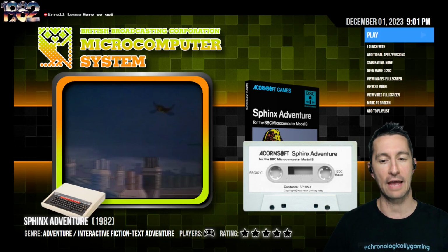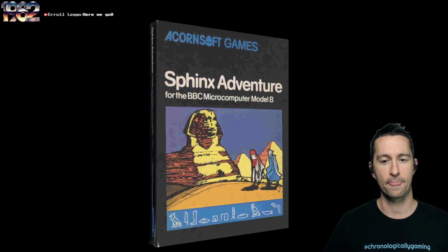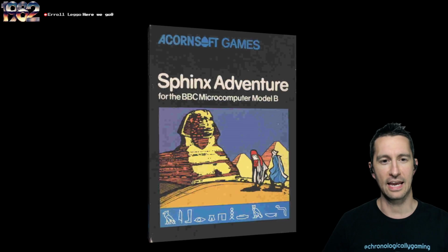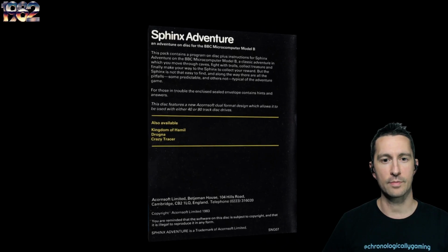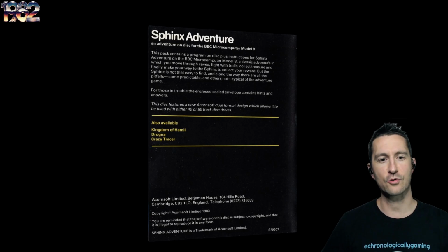We've seen a few of these that you have to have the Model B for, if you shelled out enough money. Let's take a look at the box. Sphinx Adventure is another one of those adventure versions based on the classic Colossal Cave Adventure, and here it is by Acornsoft. Going to go into the pyramids, or the Sphinx. This pack contains program disc plus instructions, and it seems very bare bones. Classic adventure in which you move through caves, fight with trolls, collect treasure, and finally...